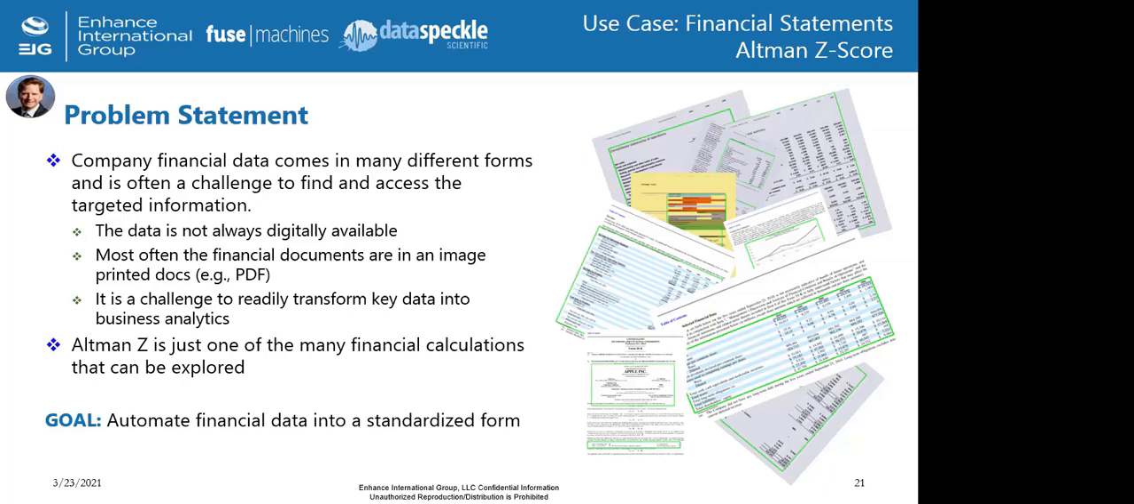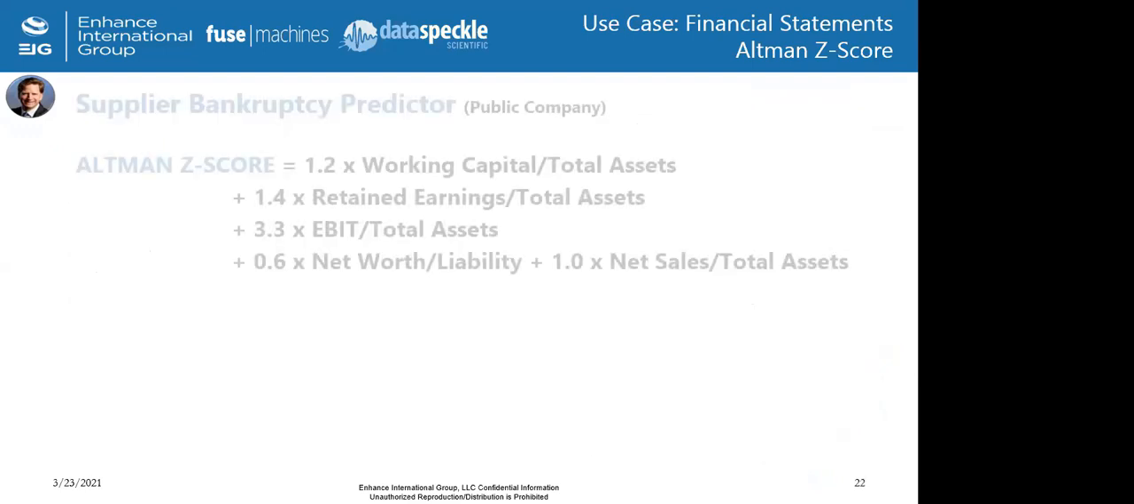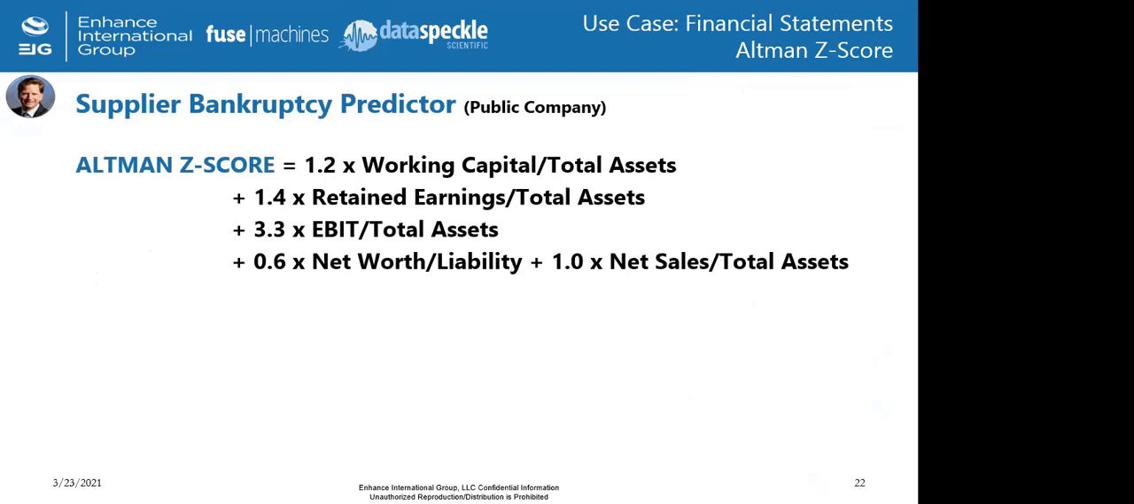Of course, Altman Z is just one of the many financial health indicators you would want to look at for a supplier or a customer that you're working with to make sure that the customer will pay the bills. So our goal is to automate this process of pulling in all this financial data to tell the story about a company. And the bankruptcy predictor that was developed in the 1960s by Edward Altman, professor of finance at New